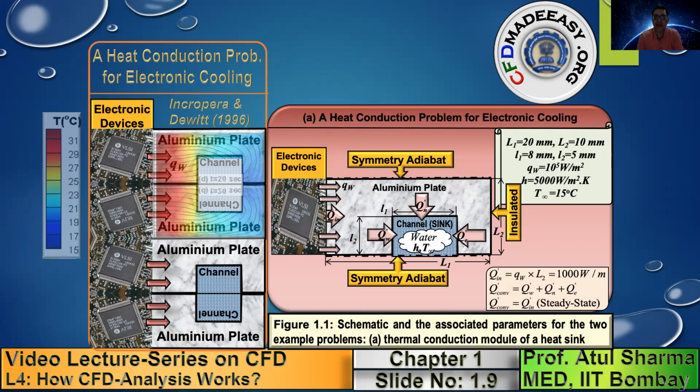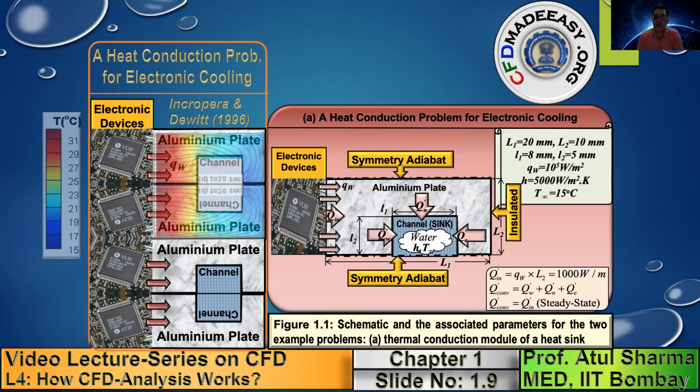And the boundary conditions are such that on the left boundary, you have a constant heat flux boundary condition. The top wall and bottom wall have an adiabat, or dT/dy equals 0. The right wall is insulated in this problem, so you have dT/dx equals 0.